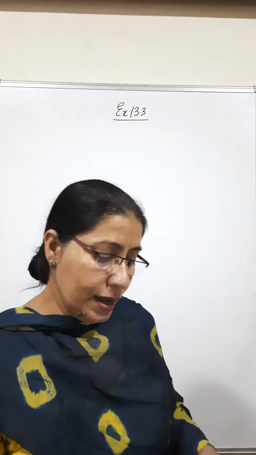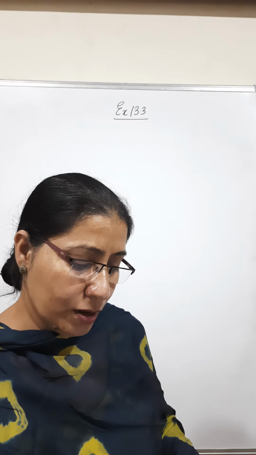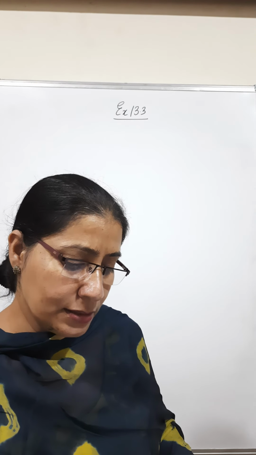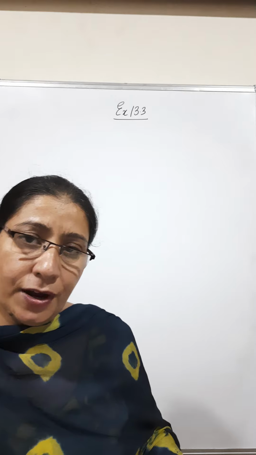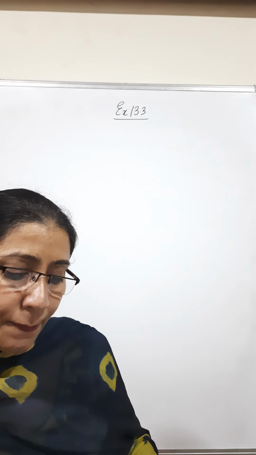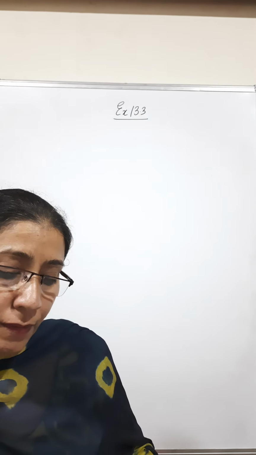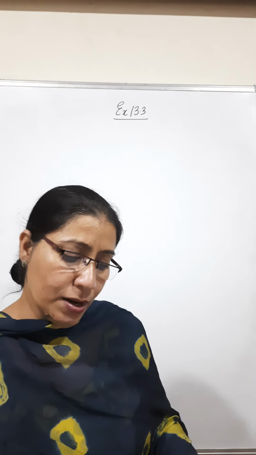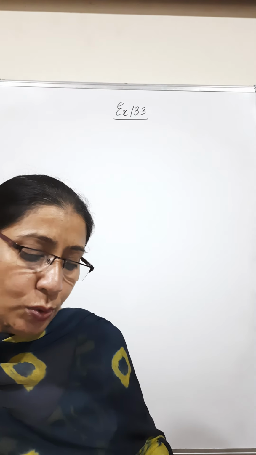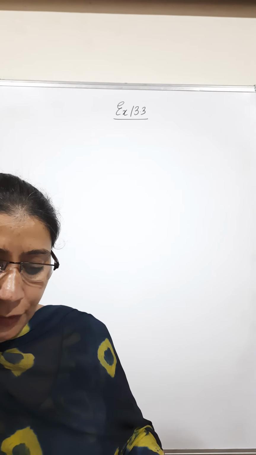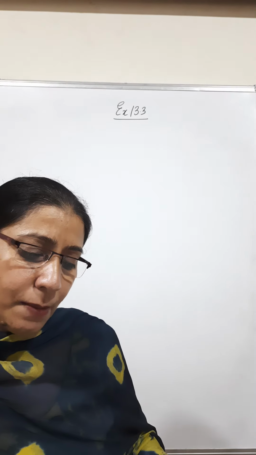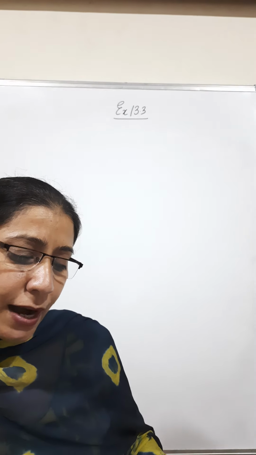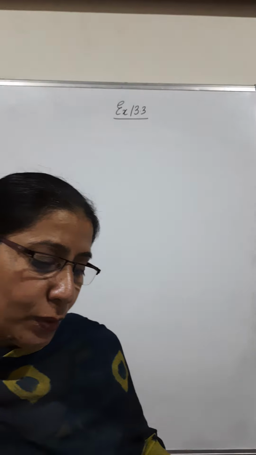Next. Again we have A, B and C can do a piece of work in 15, 12 and 30 days. They started together, all of them. Now A plus B plus C's 1 day work. They started together but C left after 2 days. So therefore what will happen? First of all, we will find A plus B plus C's 1 day work, and then we will multiply it with 2 and we'll get 2 days work. Now after that, who finished the remaining work? A plus B. So we will find A plus B's 1 day work, and we will divide the left work by A plus B's 1 day work.